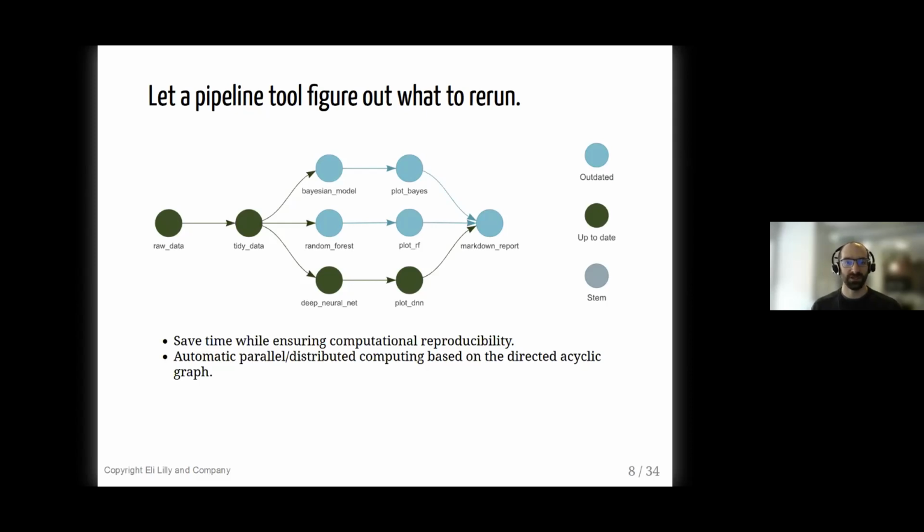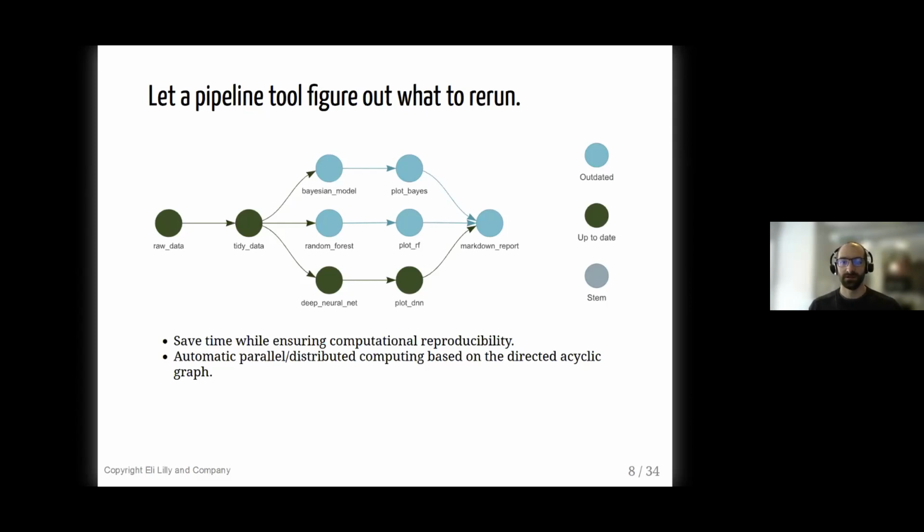And as the user, you code up these pieces, these targets one by one, and then it's the job of the pipeline tool to arrange the targets as a whole workflow and figure out how they fit together. This is represented in the directed acyclic graph that you see, and it reflects a flow from left to right that the workflow proceeds on as it runs.